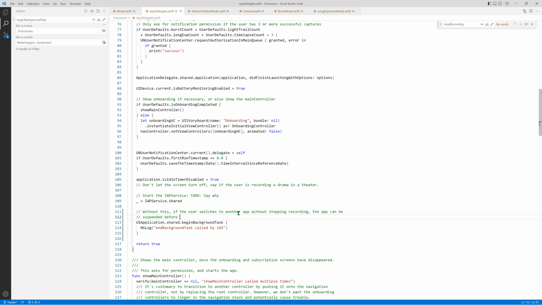The app can be suspended before saving completes, resulting in some